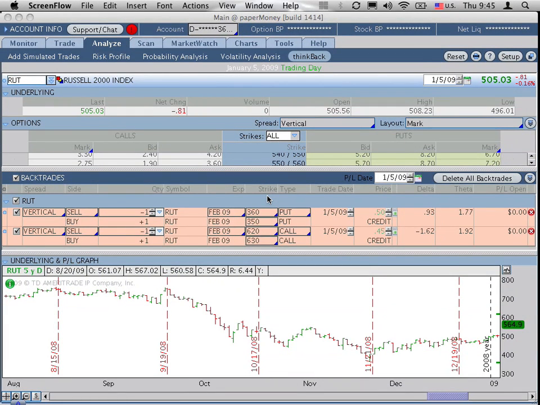Welcome to Chapter 3. Now what we're going to cover is moving our trade forward in time to see how well it would have performed. To do this, there's several different ways. We're going to show you the easy way, and then we'll show you the little bit more advanced ways a